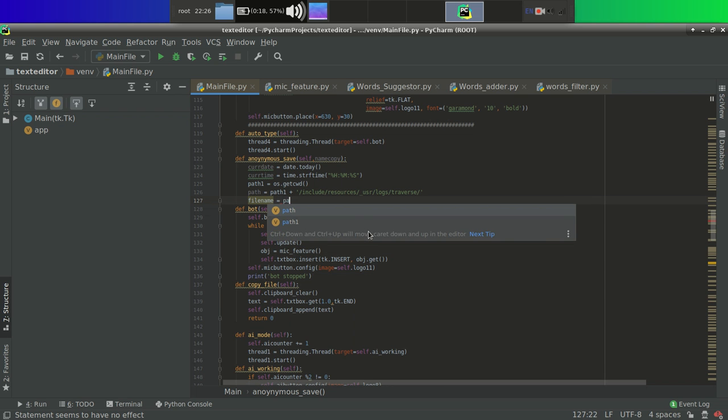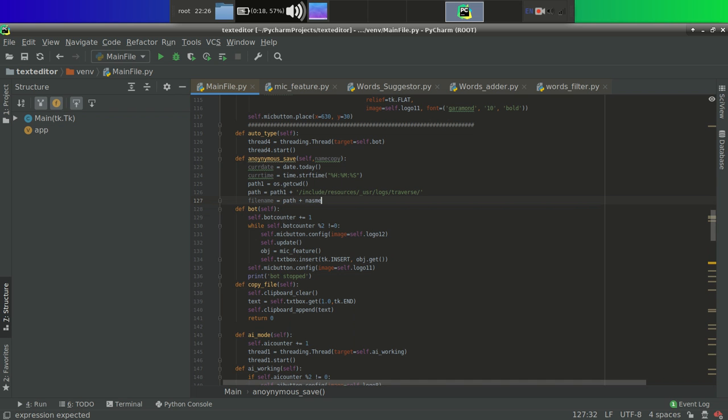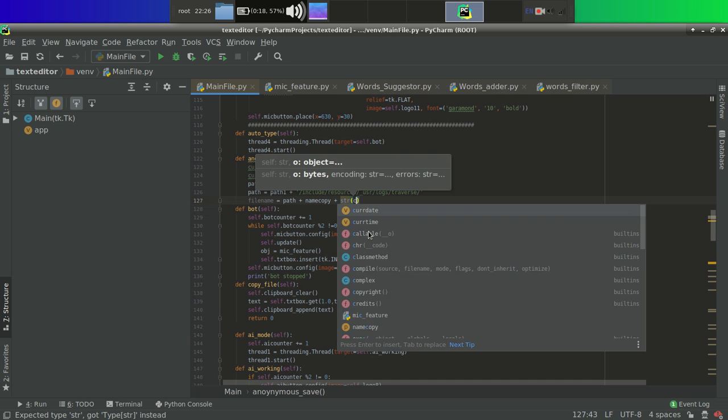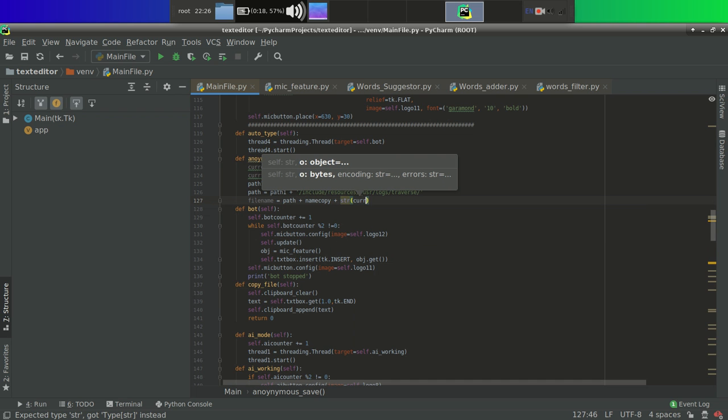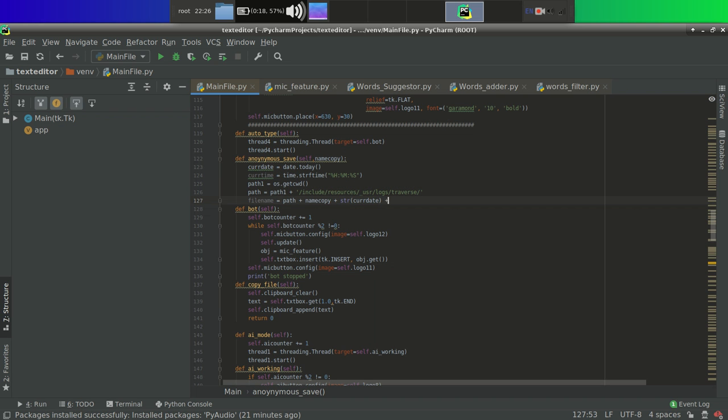First of all path, then plus name copy, then str converting cur date to string, then str cur time to string.